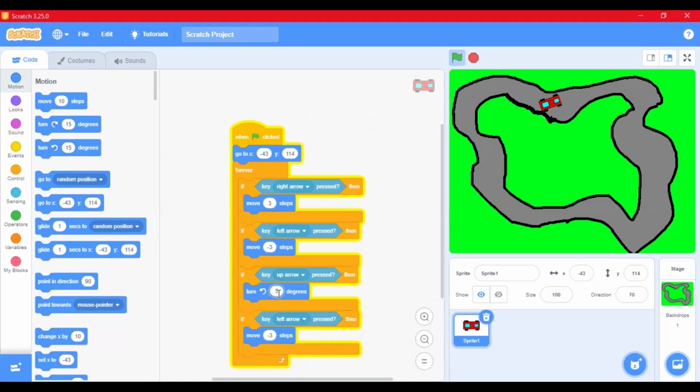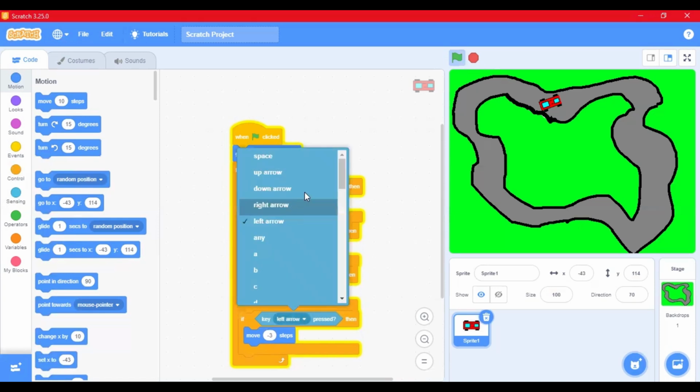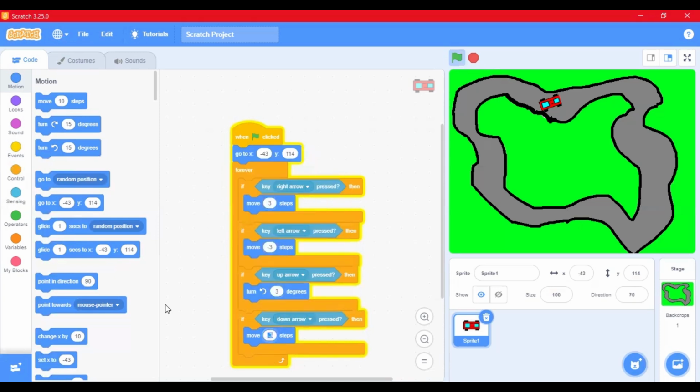Now 5 degrees will be much, so only 3 degrees. And if key down arrow pressed, it should turn this side 3 degrees. Nice. Now when we start it,